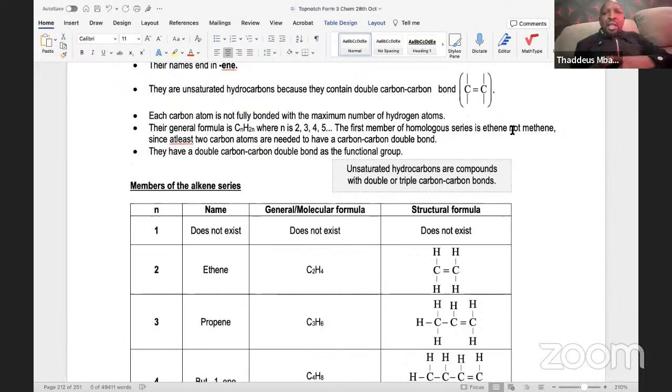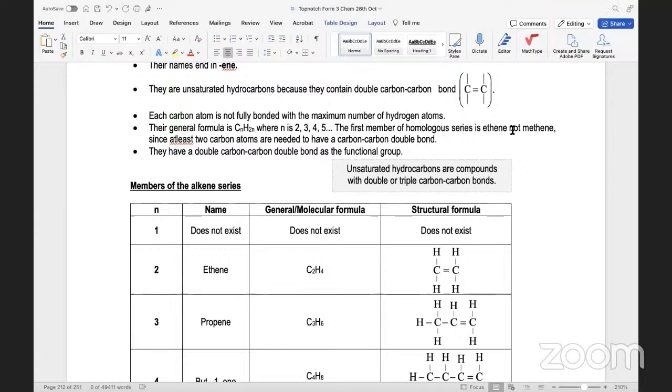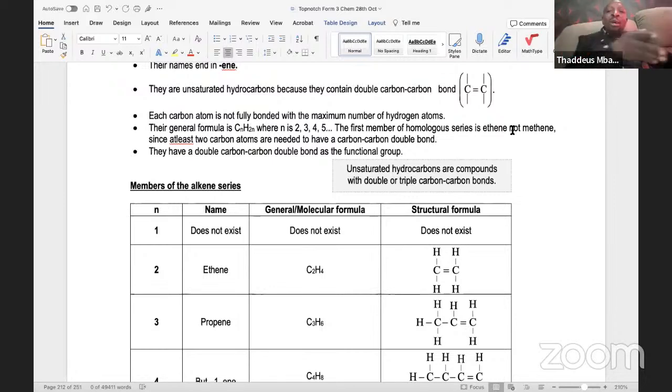Whatever we are talking about here, we are having a double carbon-carbon bond. That double bond cannot exist if the carbon is one. So there must be at least two carbons to bring about any alkene. Are you getting the point? Yes. So there must be two so that the double carbon-carbon bond can exist. So it's not like alkanes. The double carbon-carbon bond is the functional group. The functional group is the most active site.